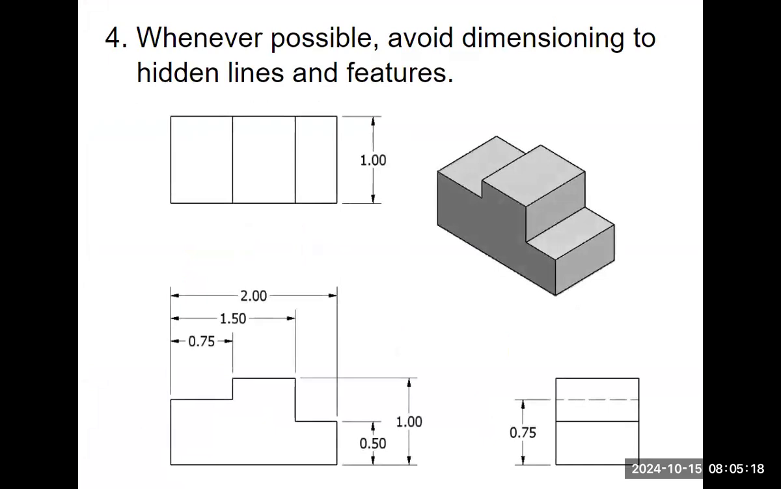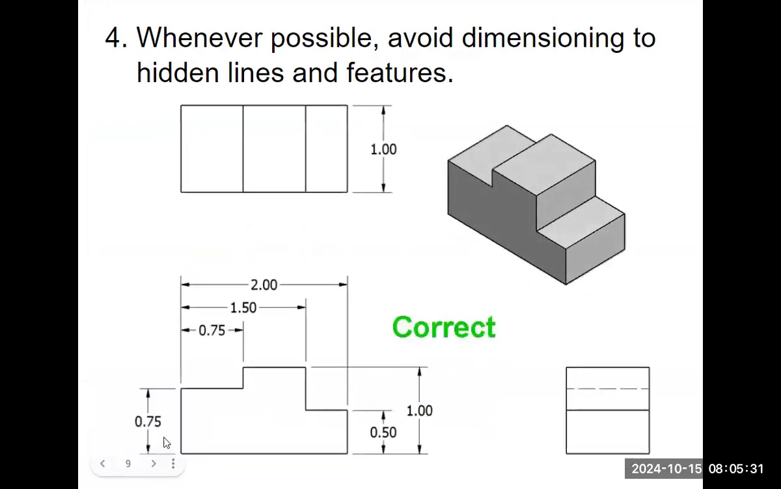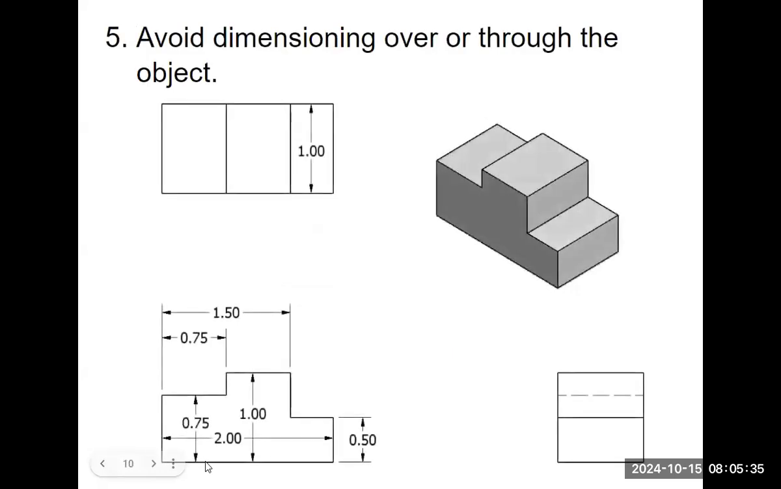Okay, we don't want to dimension the hidden lines. Okay, hidden line, it might be ambiguous what that hidden line is pointing to, whereas if we put it over here on the front view, it's clear it's pointing to an edge, or dimensioning to an edge. Okay, avoid dimensioning over or through the object. We want all of our dimensions